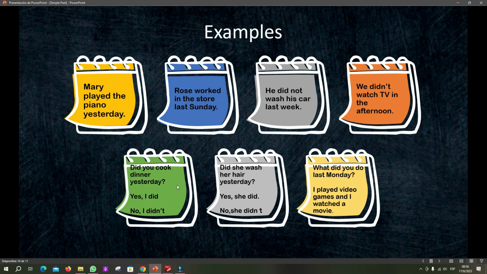Si se fijan acá, también las interrogativas, vean, tenemos el auxiliar cuando son de sí y no, luego sujeto y el verbo. Si se fijan en el verbo, ya no agregan ed, sino que en su forma base. Lo mismo pasa con la WH word question, vean, WH word, luego tienen acá el auxiliar en pasado, sujeto y el do aquí, vean, es el verbo principal y se escribe en su forma base. En este caso, el do es un irregular one, lo podemos tomar como ejemplo, ¿verdad?